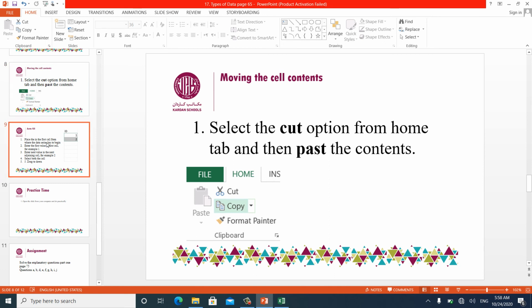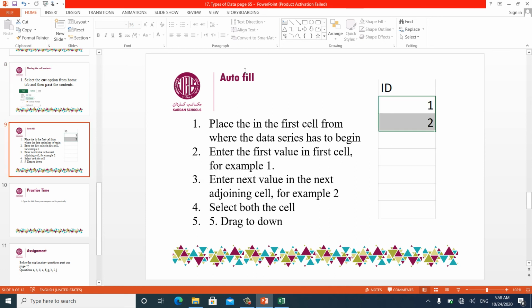Another option we have in here is autofill. How can we autofill the numbers? For example, 1, 2, 3, 4. Maybe you have 1,000,000 or 100 numbers. You don't need to type them all. Very simple. By autofill, you can do it. How? Just enter a number, for example, 1, and then enter a second number, select both of them, then press in here. When a black plus appears, you can drag it and drop it